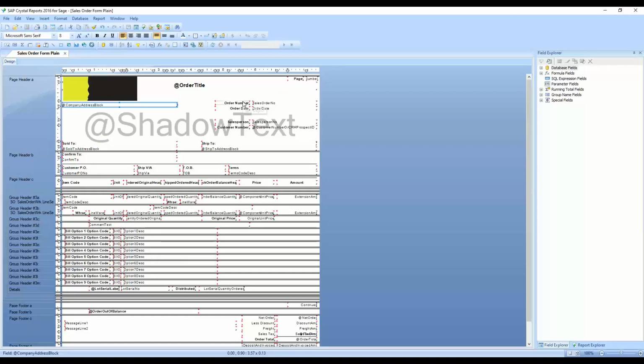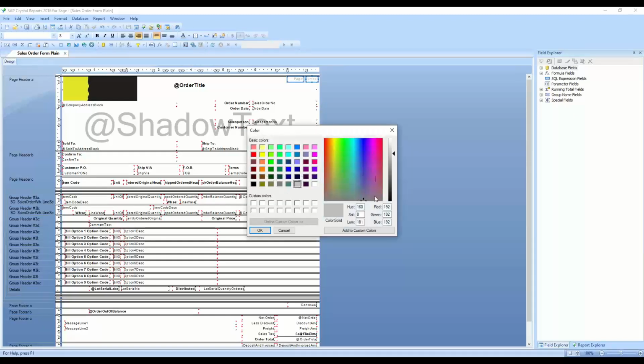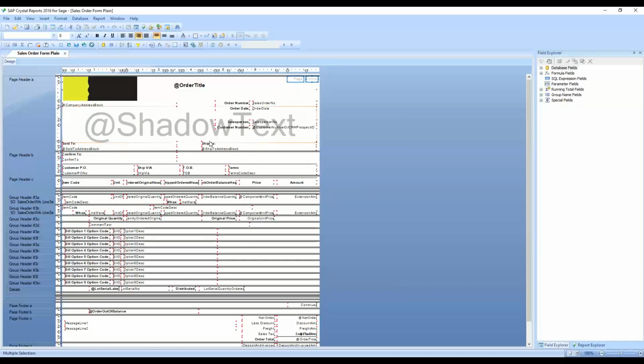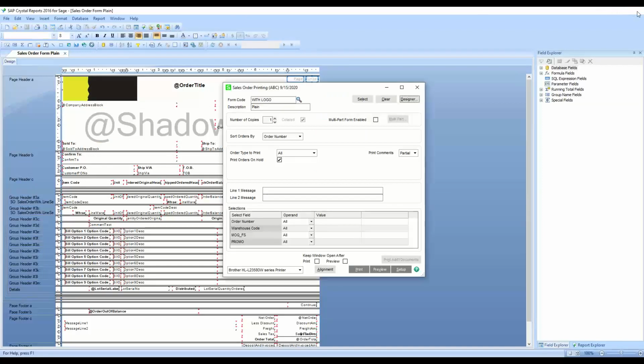While I have this open, I'm going to go ahead and show you a couple other things. Perhaps these page numbers are too bold and you would prefer them to be a different color. You can just select them, go up here to your font color and change it to a lighter gray. You have these standard colors that you can pick from, but you can also go to more and you have a bigger gradient of colors that you can choose from. Another neat thing to do is to customize font colors for emphasis. So I'm going to save this